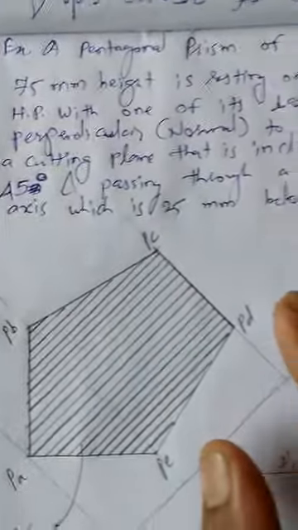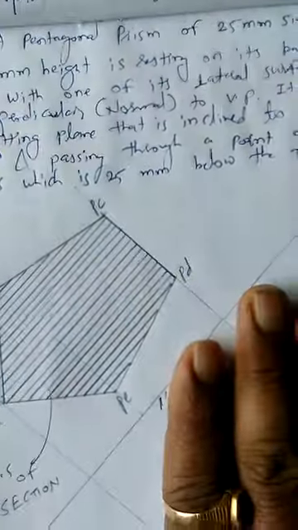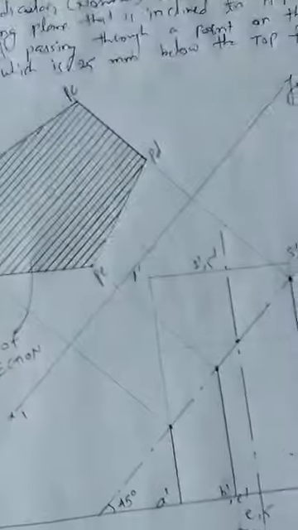The next question will be the solution which is expected. The solution will be the same, means draw its front view. The expected solution will be its front view, its sectional top view and true shape of the section. So accordingly we should start.